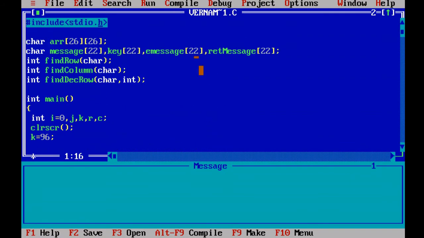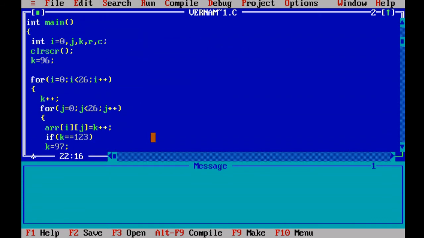So this is the program for the Vernam cipher. Here we can see that there is one array, message, key, and return message written here, and this is the logic for the Vernam cipher.